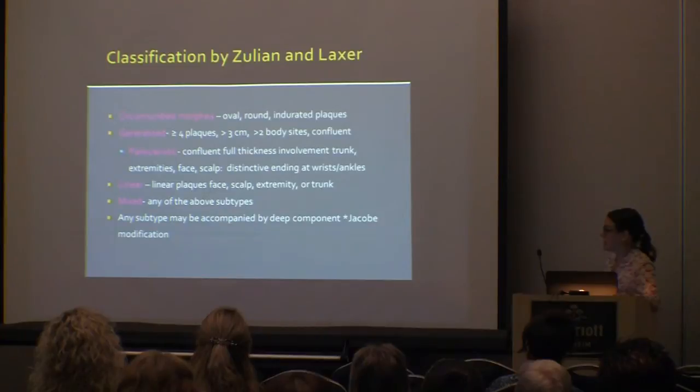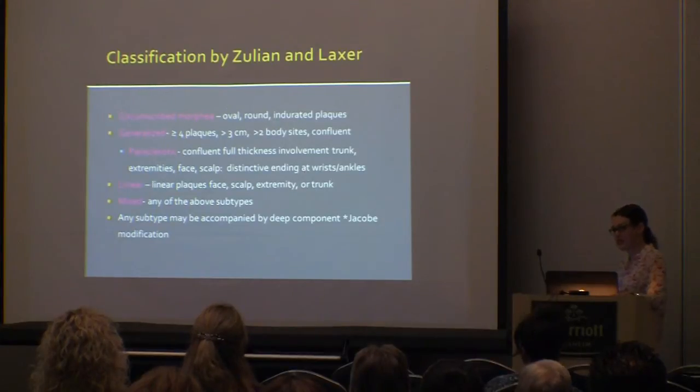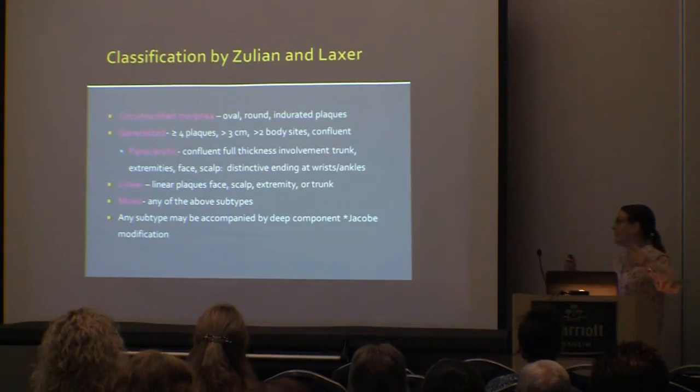The rarest version is called pan-sclerotic Morphea, and in fact, out of my 500 patients, we only have about 15 people with pan-sclerotic Morphea. And this is confluent, full thickness involvement of the trunk, extremity, face, and scalp. And it ends at the wrists and ankles, which is so interesting because Scleroderma is the exact opposite. It starts in the fingers and moves in, and this starts in the trunk and moves out and spares the